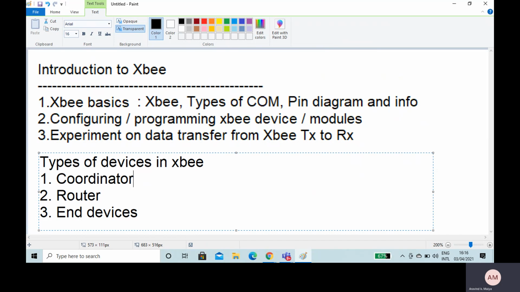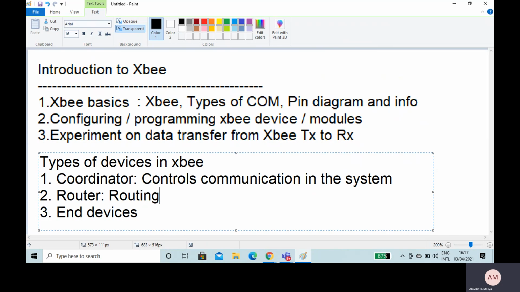A coordinator is responsible for controlling the communication channel. It controls communication in the system and is responsible for setting the rules and regulations, everything. A router is responsible for routing the data between other devices or channels.